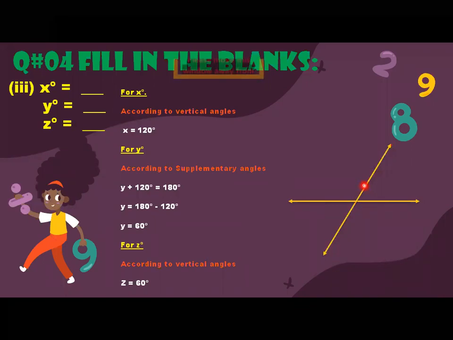Okay. For this, as you can see, how many angles are forming here? Can anyone please tell me how many angles are here? First angle. Okay. This is your second angle, this is your third angle, and this is your fourth angle. Now you will label it. As you know, this is your X, that is equal to 120 degrees. This is equal to 60 degrees. This is again equal to 120 degrees. And this is again equal to 60 degrees.